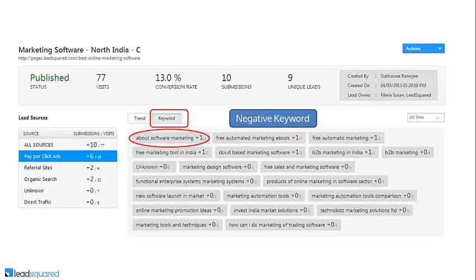Now you can look at them and easily find out which keywords do not make any sense. And I'm telling you, you'll find a lot of them. Those you can look at and mark negative. Now you can also see the keywords on landing pages. If you're using, let's say, LeadSquared, there is a daily website visitor report which comes in. It has keywords in it on the right side every morning. You look at that keyword report, see if you find any funny keyword which you don't want to pay for, and go and mark that negative immediately in the AdWords campaign.